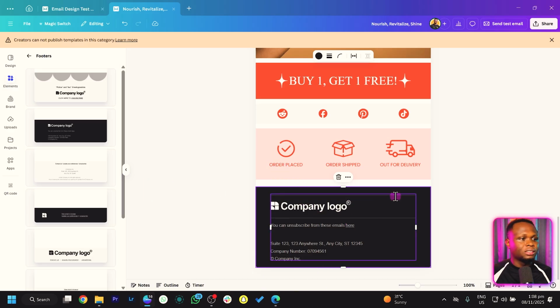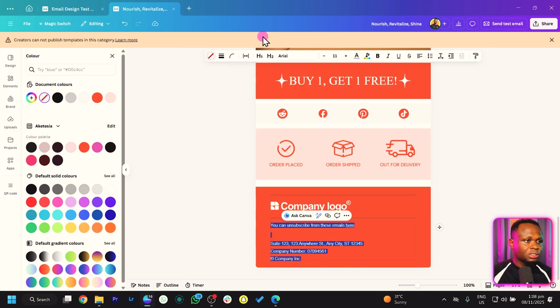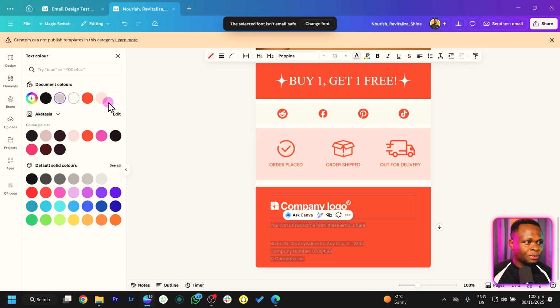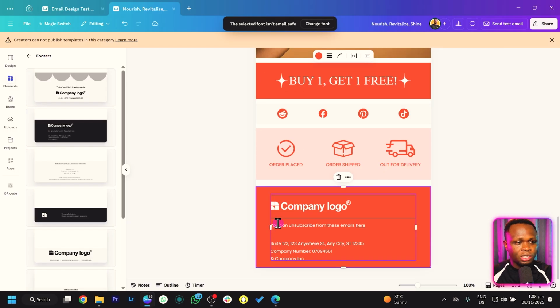This is the end. With this, we'll also do the same. We'll change the color to this, and we'll also change the font to Poppins and change the color of the font to white so that it's visible. Then let's also change this as well. You can also edit this, but for the sake of this tutorial, I'm not going to edit it, but you have to edit it with your address and some of these necessary information you need to have over